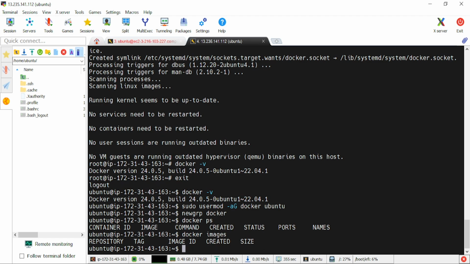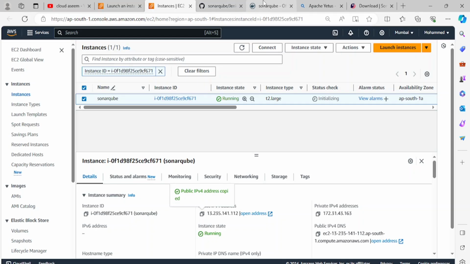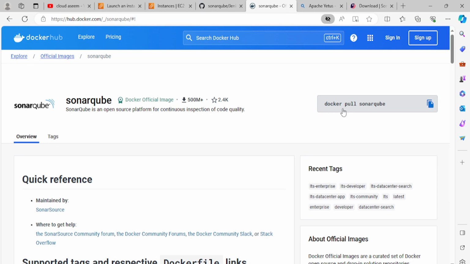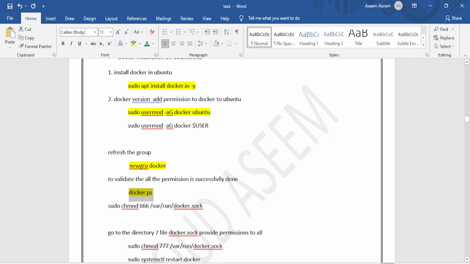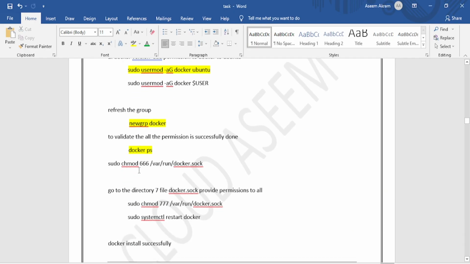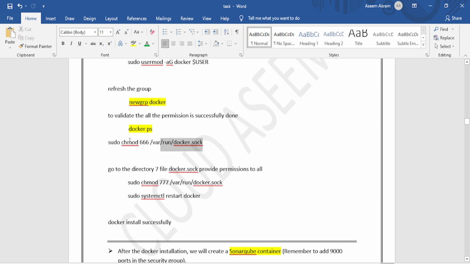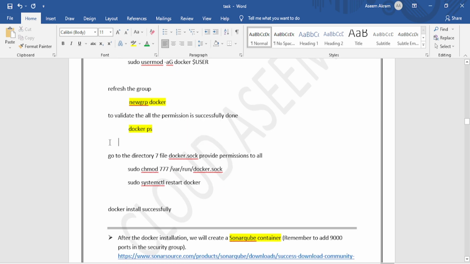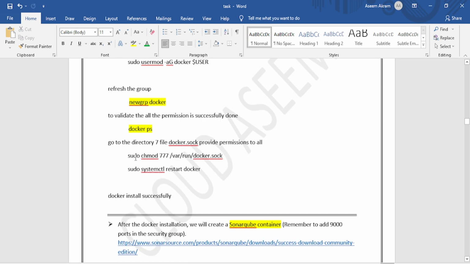So what we will do, as I mentioned before, this is the official document to pull the docker SonarQube image. We'll be using the same thing. Before that, we will give the permission to the docker socket. So we'll provide the permission to docker.sock. Just copy this,